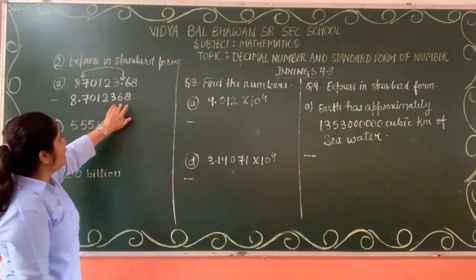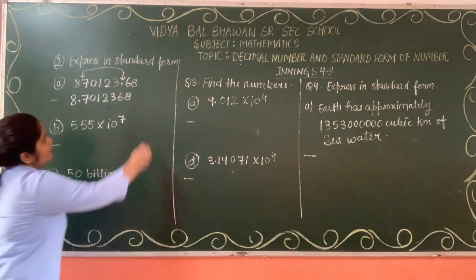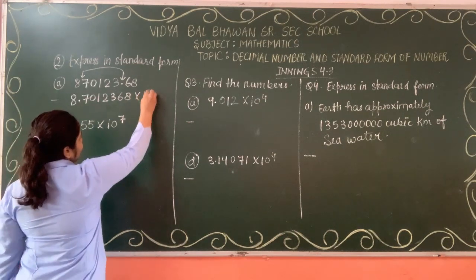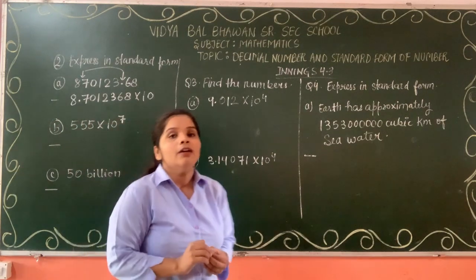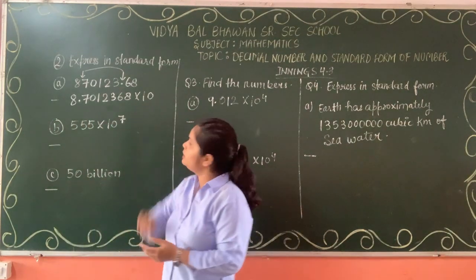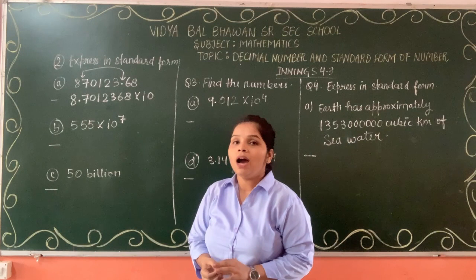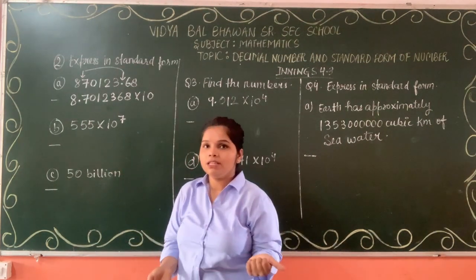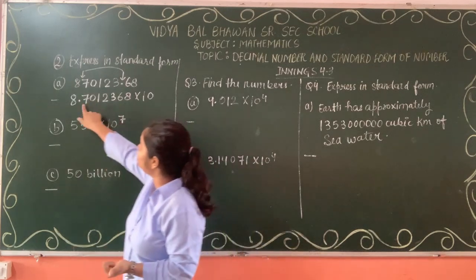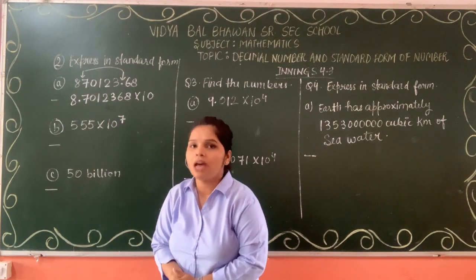Okay. After that, what we need to do is multiply it with power of 10. Now the thing is here only. We will multiply it with power of 10, but how will it be decided? We were doing in the previous example, we have counted the number of digits after the decimal.